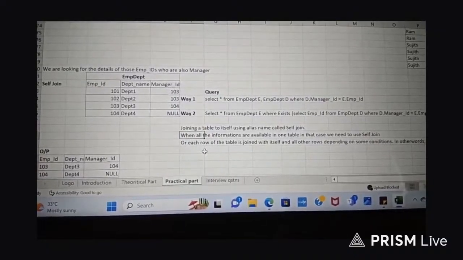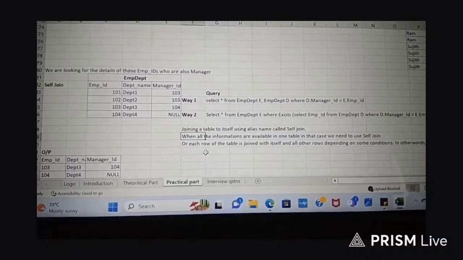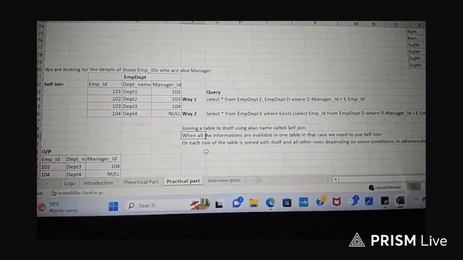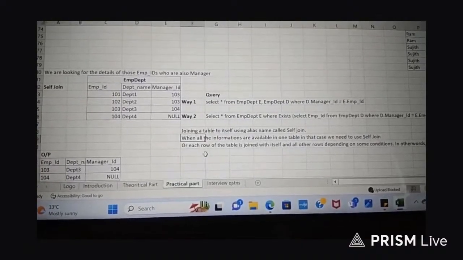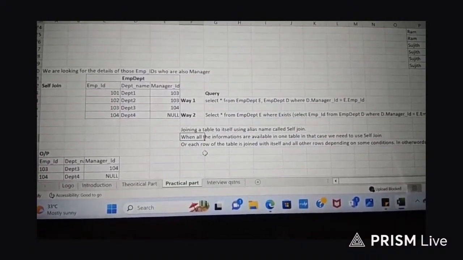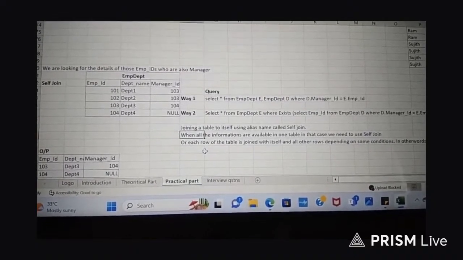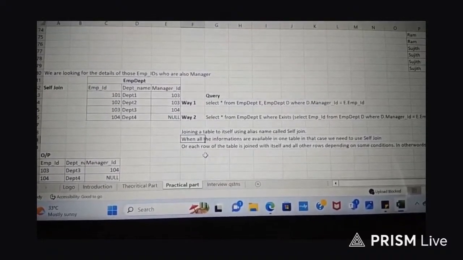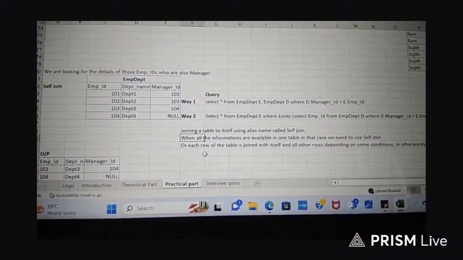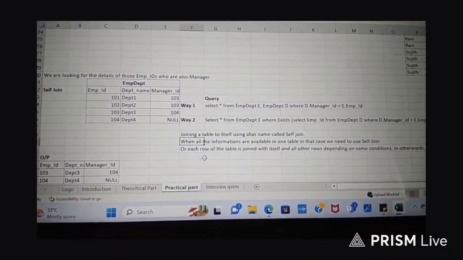That means 103 is an employee and also a manager for 101 and 102. Similarly, 104 is an employee and also a manager for 103. So 103 and 104 we should see in the output with the department name and the manager ID. 104 does not have any manager ID, which is the reason we are seeing null in that column.